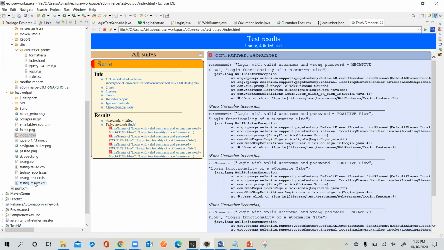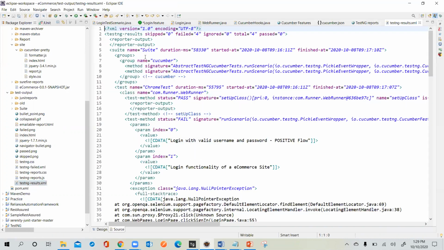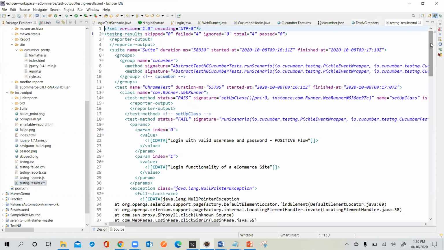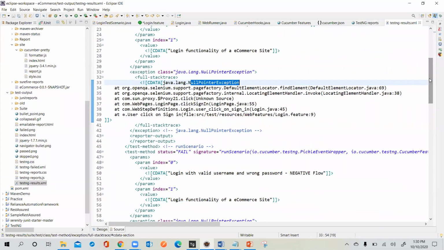So when you come to the testng-results.xml file, open that one. Now you've seen the JSON format, and this is the XML format. It consumes this particular XML file, and based upon this, you see the null pointer exception we are getting. Based upon this, it generates your report file, whatever the plugins, extent reports or Sandwich reports, whatever the report is. So this is how this particular cucumber.json file will work.